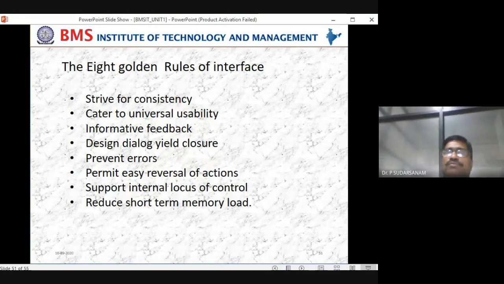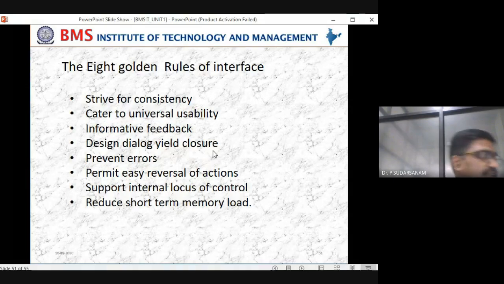Now let us see what they are. Here are the 8 golden rules: strive for consistency, cater to universal usability, offer informative feedback, design dialogue to yield closure, prevent errors, permit easy reversal of actions, support internal locus of control, and reduce short-term memory load. These are the 8 golden rules to be followed in the principles.